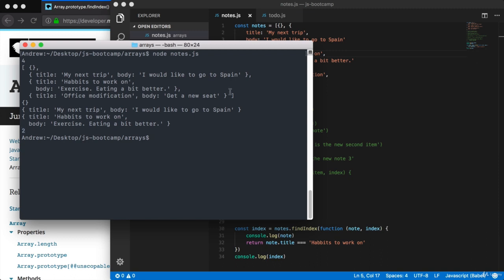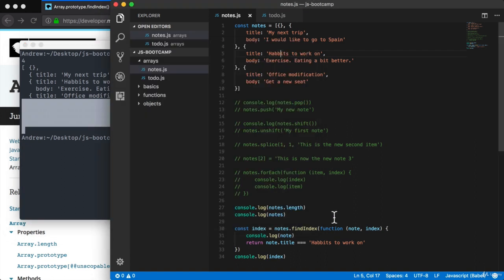Now it doesn't have to do with the first 2 console.logs. It has to do with what starts when findIndex runs. That is all of this stuff down to the very end. We get our empty object, which is expected. It wasn't a match, so it continues on. We look at my next trip. It wasn't a match, so it continues on. We look at habits to work on. It was a match. We then get our index, and you'll notice that we never actually run this function for